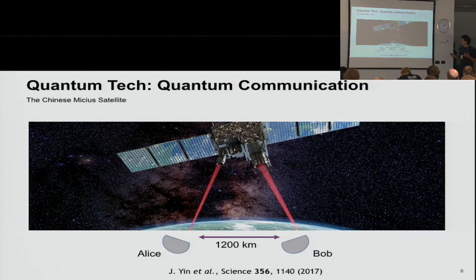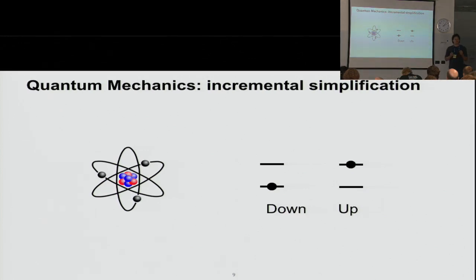But before, I'm talking about quantum technologies, but what do I really mean by quantum? Let me first say that in theoretical physics, we work with models and we try to simplify complex models. So the basic constituents of matter can be seen as atoms, at least at low energy levels. And an atom can further be simplified into a system that has an electron down or an electron up, depending on the energy that it has acquired, depending on the ground state of the electron orbitals or the excited state of the orbital.